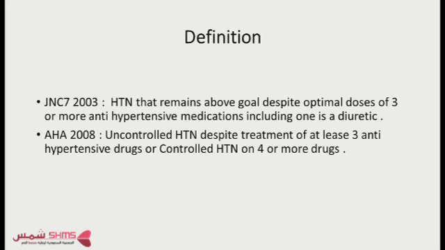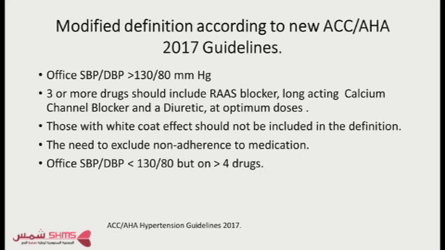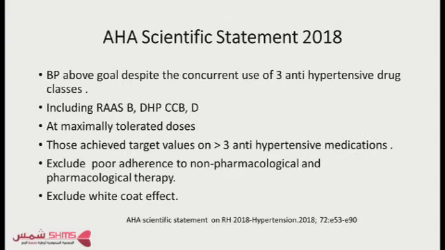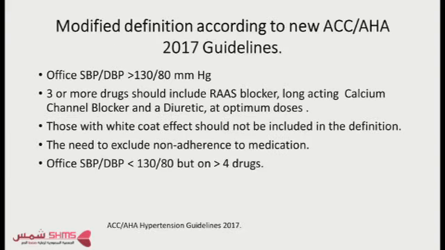Now, definition. We all started with JNC 2003, where they had this definition: optimal doses of 3 or more antihypertensive medications, including a diuretic. The AHA 2008 statement was almost similar. Then we had a modified definition according to the 2017 American hypertension guideline, where they suggested that the office blood pressure above goal,